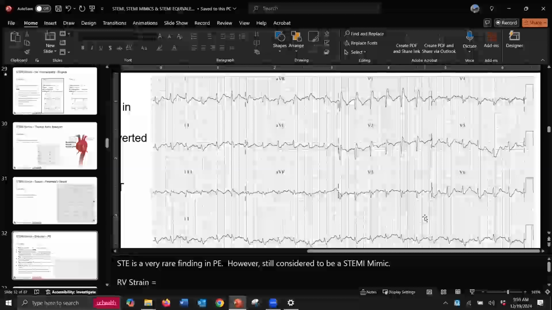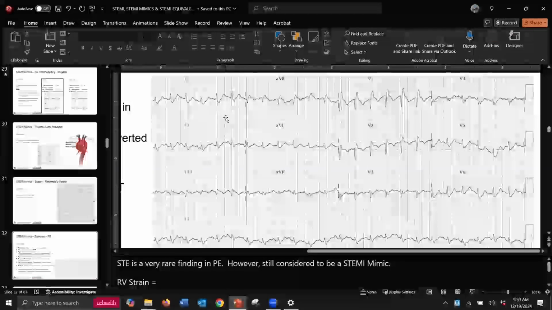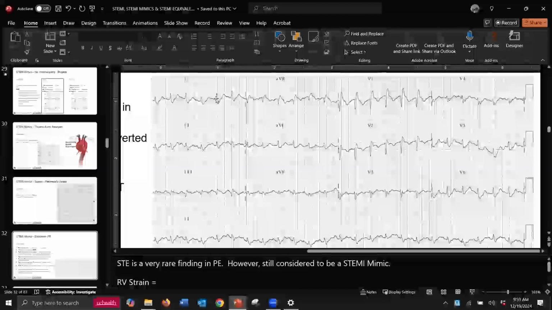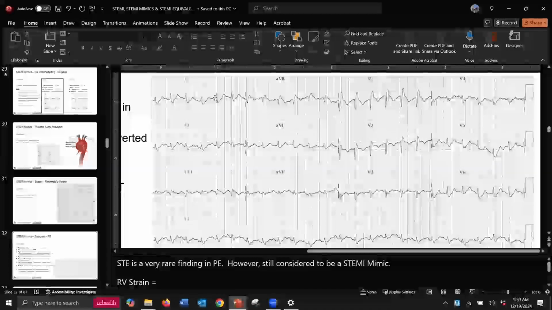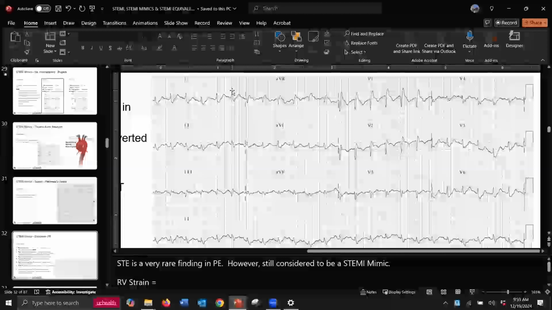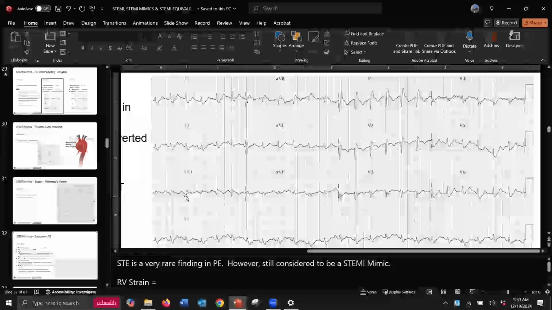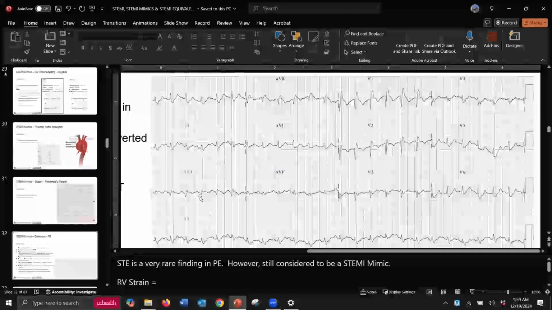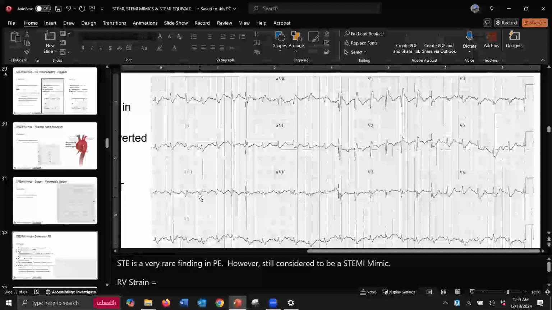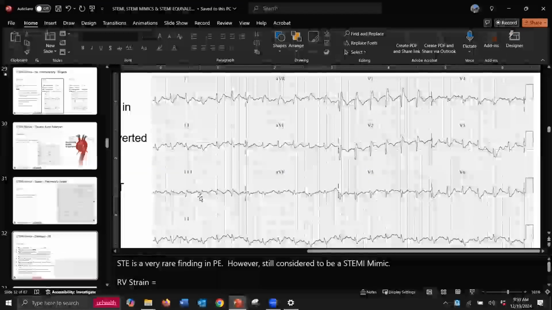So let me describe S1Q3T3. In lead one, we have a prominent S wave. That is happening here. That's an absolute prominent S wave. Q3, so go to lead 3. Is there a Q wave present? The answer is yes. And T3, well, what does T3 mean? That means a T wave abnormality in lead 3. So it's flipped, it's elevated, it's broad, right? It doesn't meet normal Q wave criteria. So that then describes that pattern of